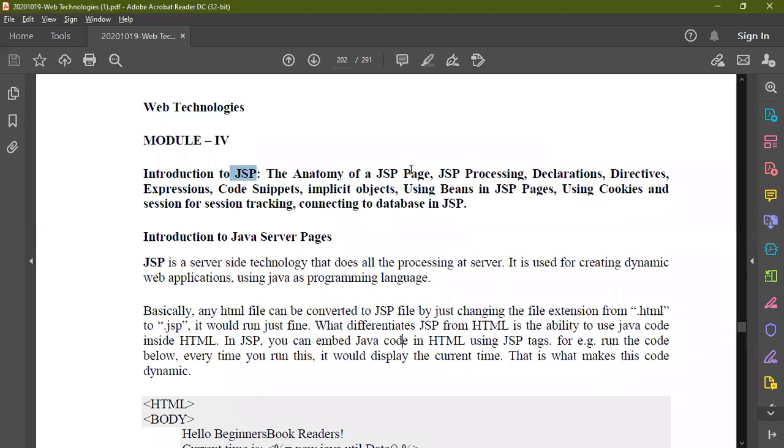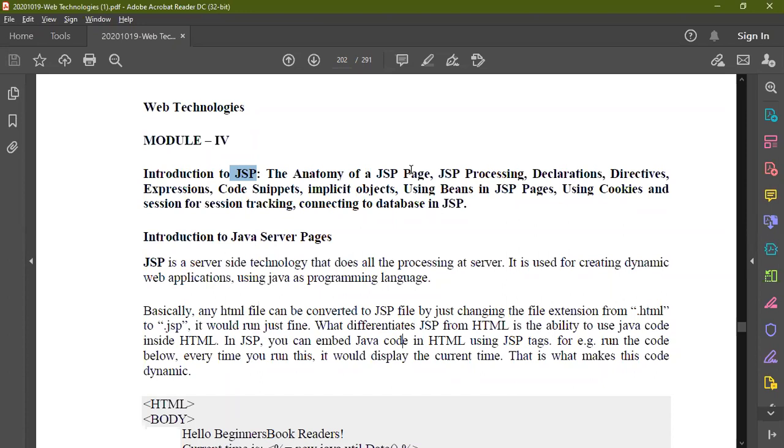The use of the business layer is to process requests. For example, whenever a client sends a request asking for some data to be processed, the business layer reads the data, processes it, and then forwards it to the appropriate server, whether it is a data server or any other particular server. That is the use of your business logic layer.